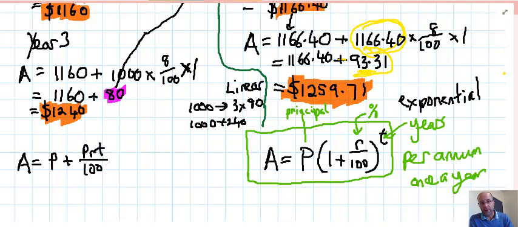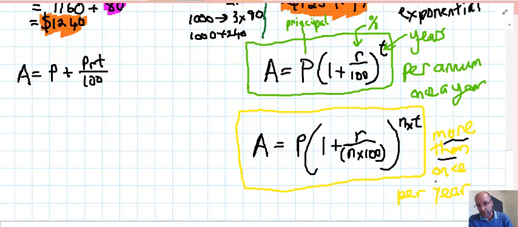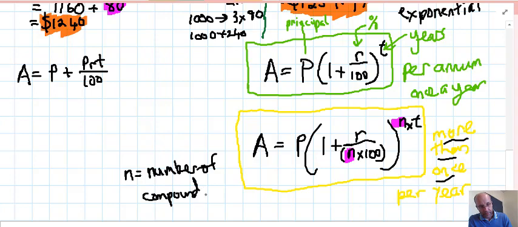If you compound more than once a year, that's more difficult. So in the cases where it's compounding more than once per year, we have to use this. Now it introduces a new symbol, and you can see a little n there. Now n is the number of compounding periods, so n equals the number of compounding periods per year,